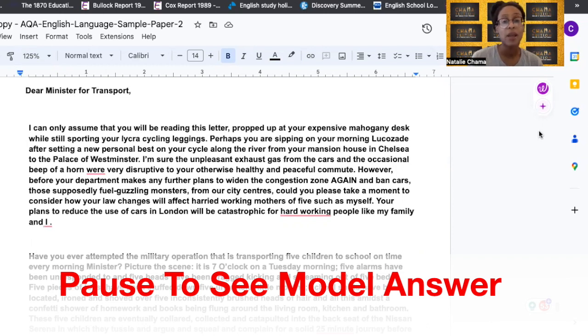I'm sure the unpleasant exhaust gas from the cars and the occasional beep of a horn were very disruptive to your otherwise healthy and peaceful commute. However, before your department makes any further plans to widen the congestion zone again and ban cars, those supposedly fuel guzzling monsters,